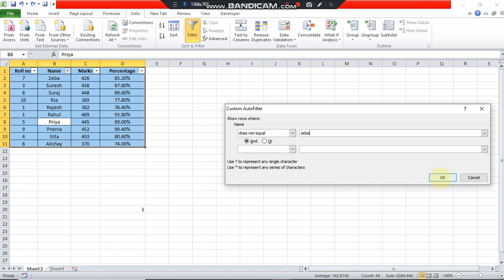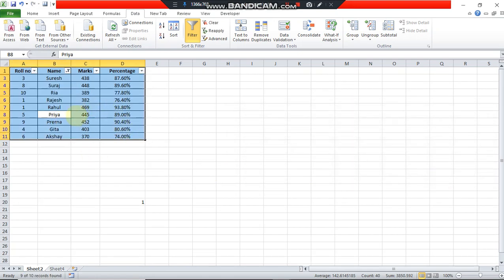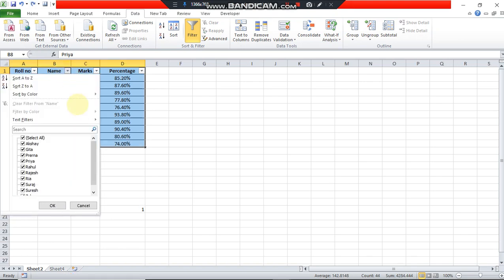Then we are going to click on OK. The Zeba entry has been removed and all other entries are being shown on the screen. That is, 9 entries are being shown on the screen and the one entry by the name of Zeba has been removed.